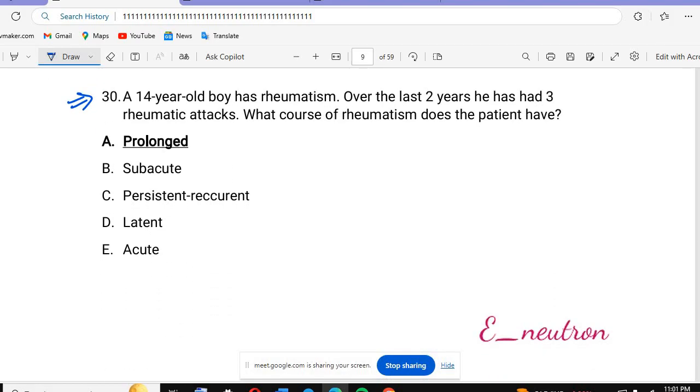Tell me this question. A 14-year-old boy has rheumatism. In the last 2 years, he has had 3 rheumatic attacks. What course of rheumatism does the patient have? Is he having a continuous attack or recurrent? So you have the prolonged. We have discussed everything, all the profile axis or the course of the rheumatism. So do revise that and you will be able to understand. See, whenever you are in doubt of anything, when you are not able